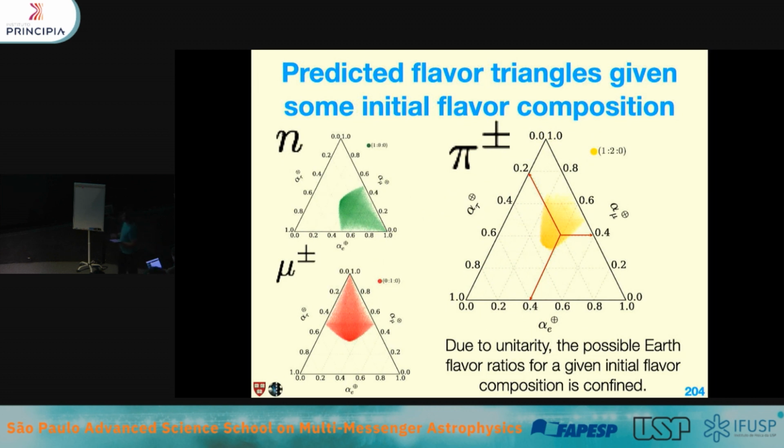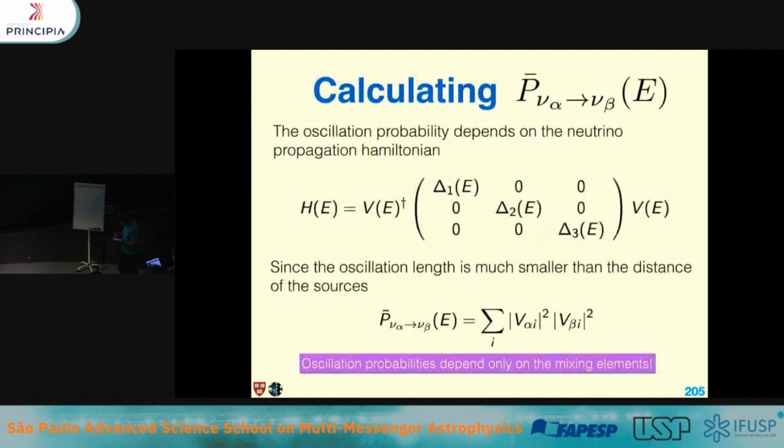So this is sort of the same way of looking at it, but now I have actually made a distribution of points. Suppose that I produce an arbitrary matrix, a random 3 by 3 matrix that represents the flavor composition. This is then the distribution of possible points weighted by that matrix. Most random choices tend to give you something close to the center, if you pick the mixing angles arbitrarily. So how do you compute the probability of transition from a flavor alpha to a flavor beta in a general way? Yes.